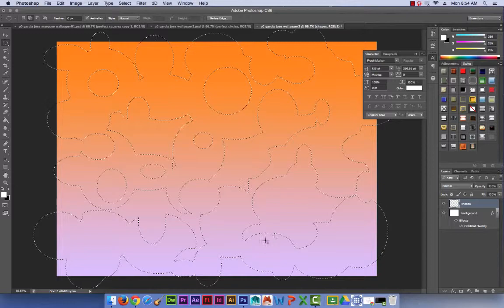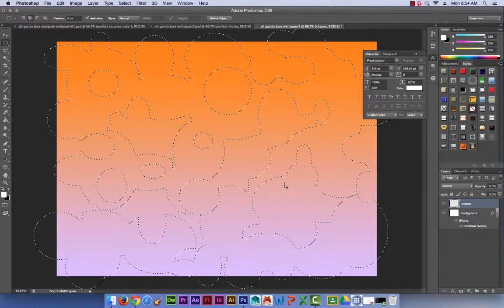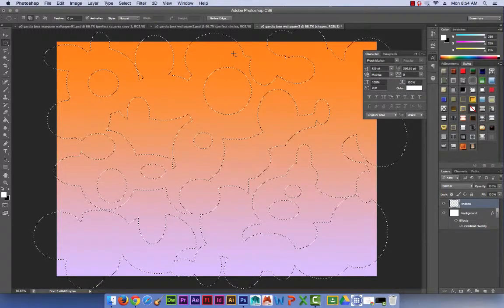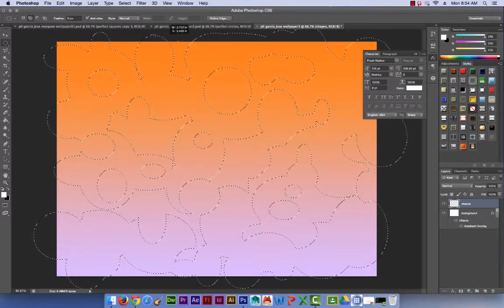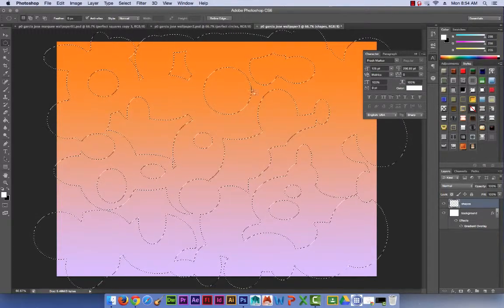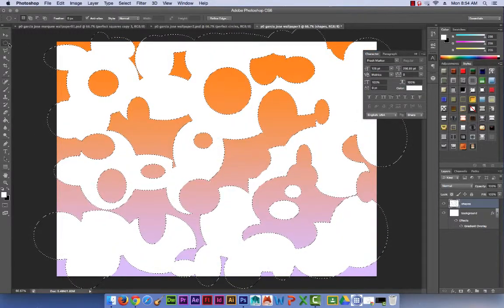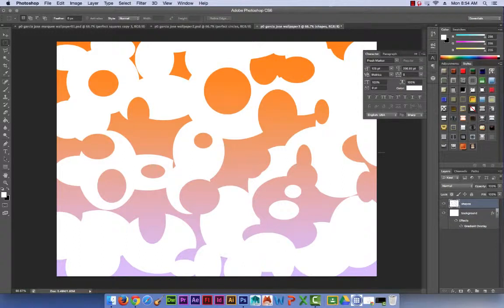Make sure you kind of go all the way to the border to make it look nice. Okay, and then you're going to fill it in with your paints, okay? Interesting, huh? Alright, and then on this one we're going to do